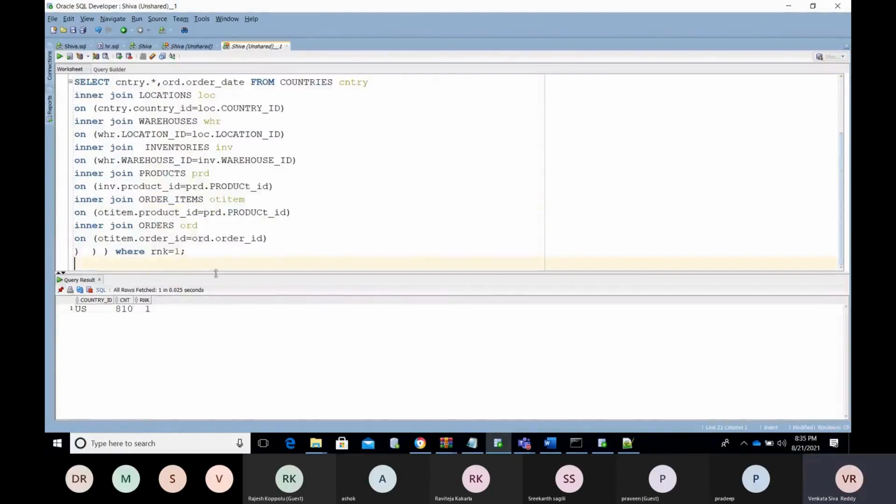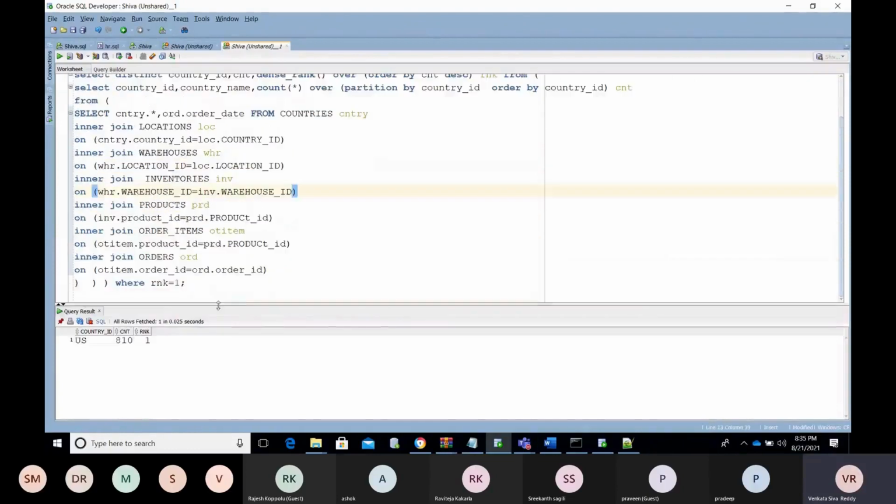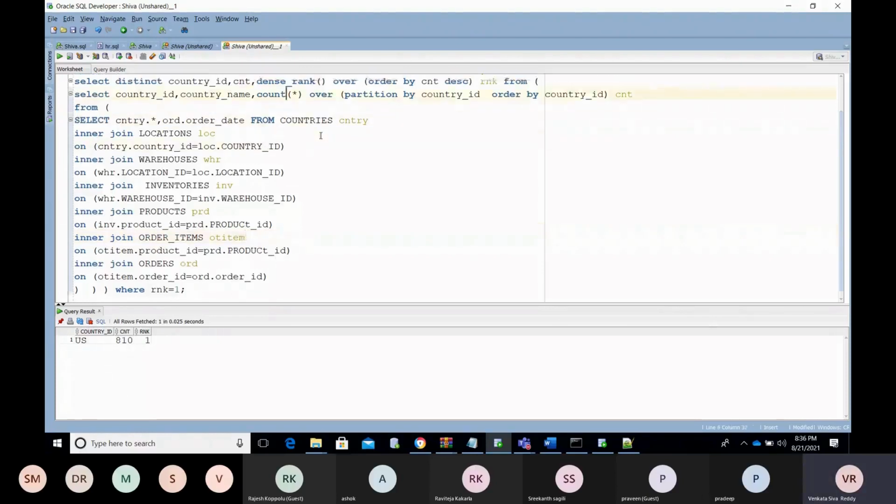To get the orders country wise, we need to put joins. In real time, you may get a lot more tables also. Here we put joins on 7 tables, simply if you want to fetch that order information along with the countries. Got it?